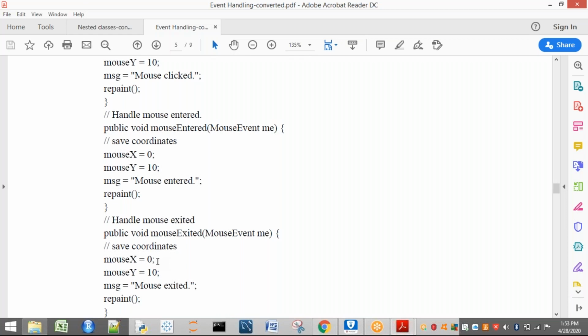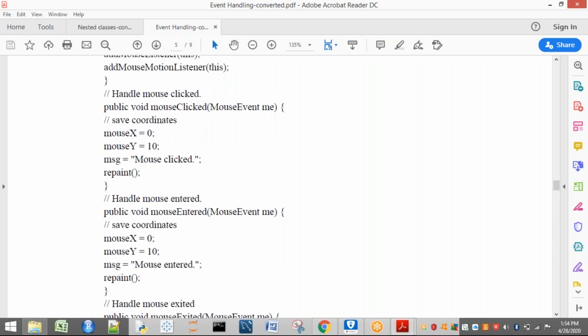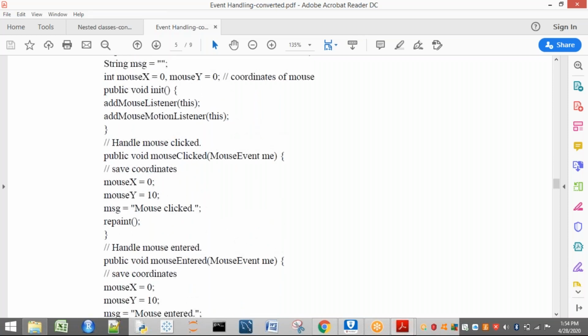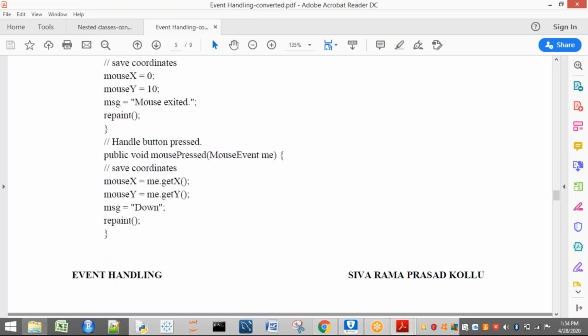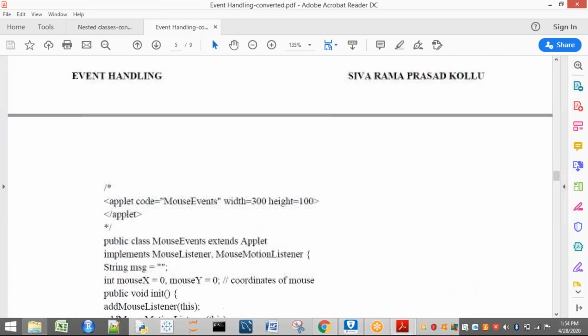Then what happens if I execute the program? Your compiler will say that you have implemented MouseListener, so you have to implement the remaining methods also: mouseClicked, mousePressed and mouseReleased. The compiler will stop.